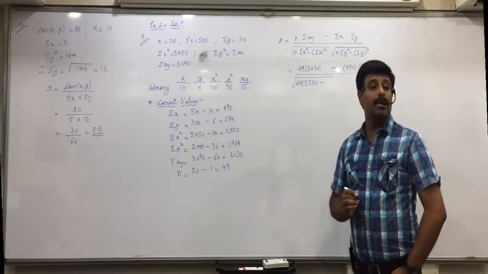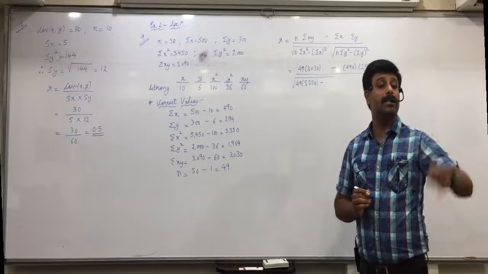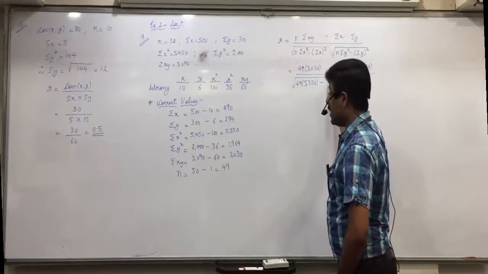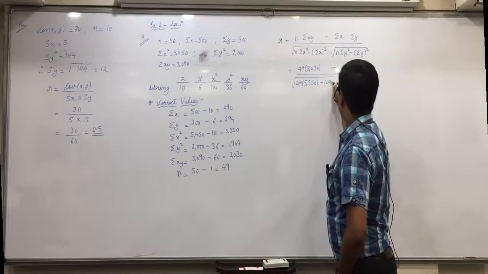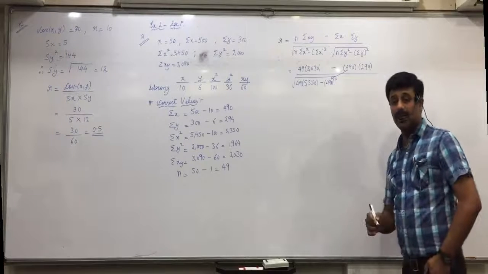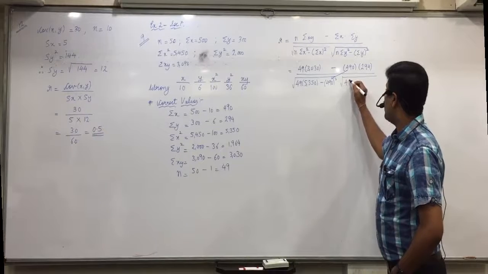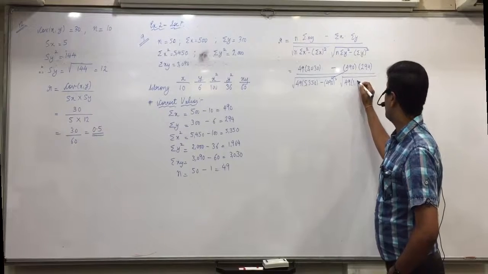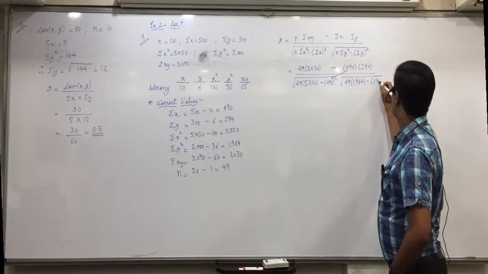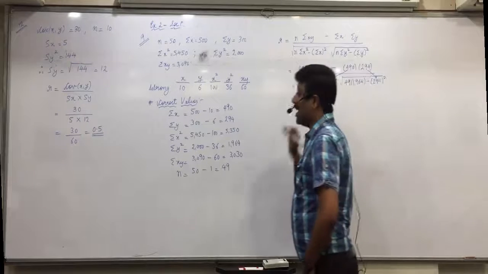Minus sigma x 490, whole square. Yes, Neil, what is the problem? Why are you talking in between again? This Neil. I told you this shortcut method also here. Take the right side values on the right side: into 49 into square root 49 into 1964 minus 294 whole square. Are you all clear with it?